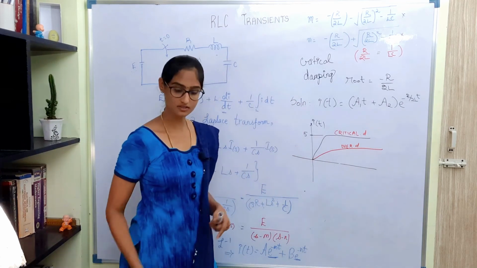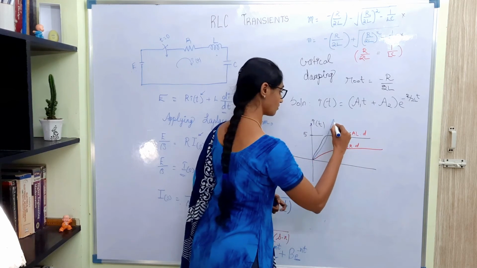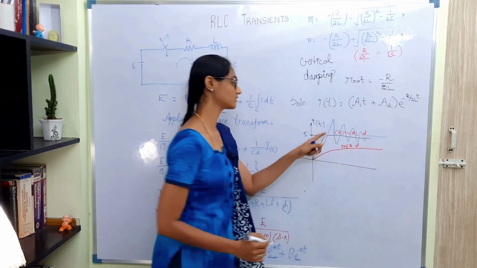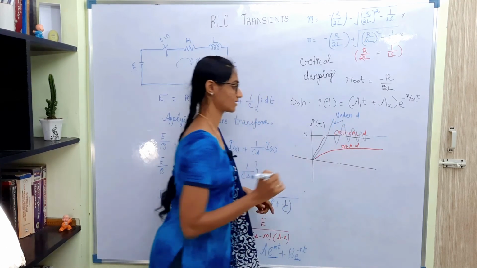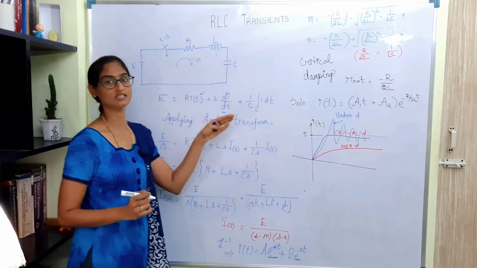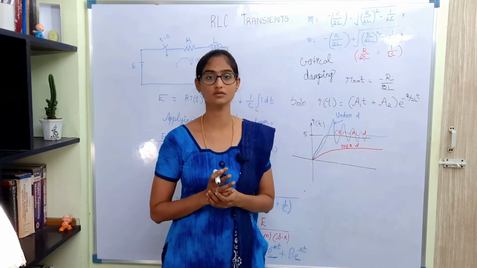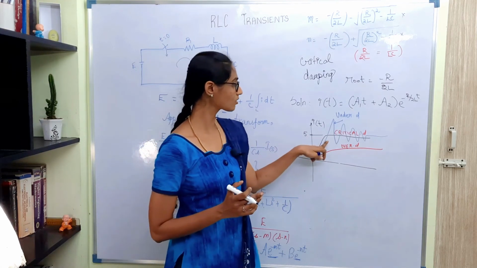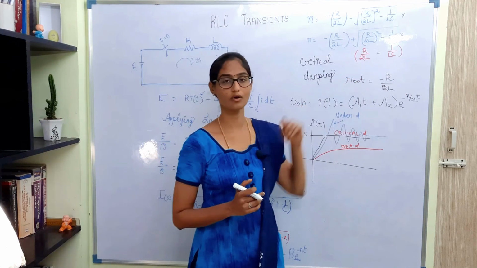And in case of an underdamped system, the value will be oscillating around the mean value. Since you have cos and sine terms in the response, it will be something like this. This is an underdamped system. Okay, so this is how the system responds with respect to the values of R, L and C. By designing these values appropriately, you can say how quickly your system will be responding. If you want to increase the response time of your system, you can bring it close to critical damping, or you can ensure that R by 2L will be the same as 1 by LC.